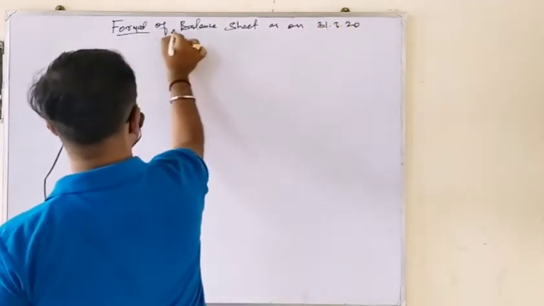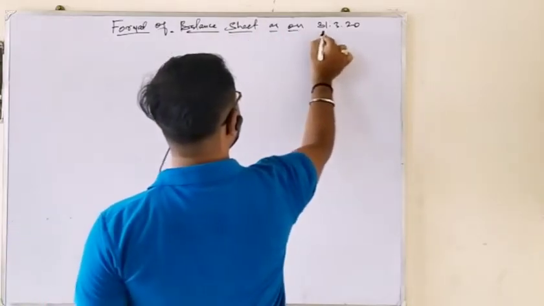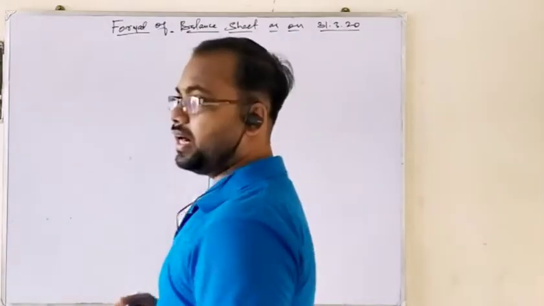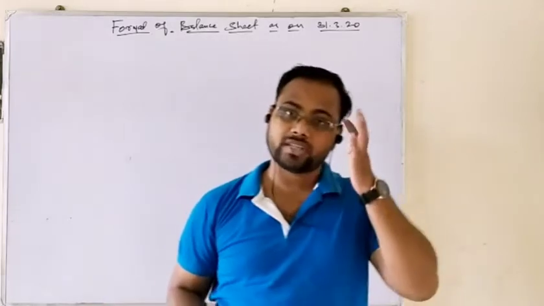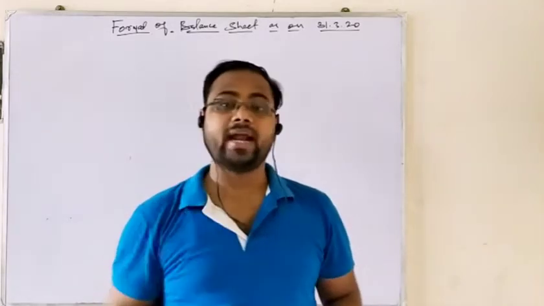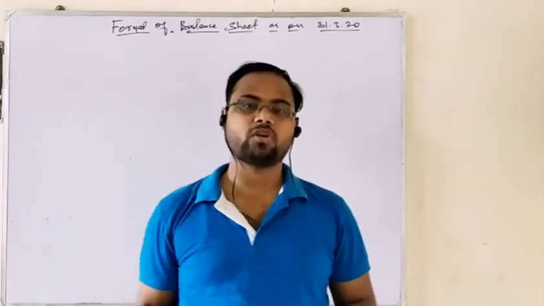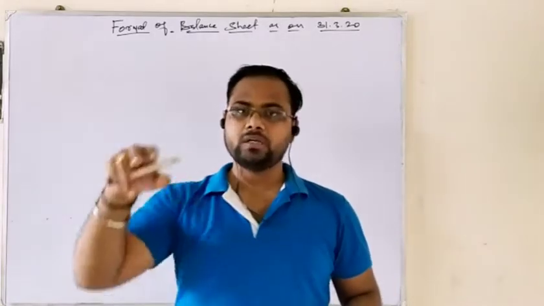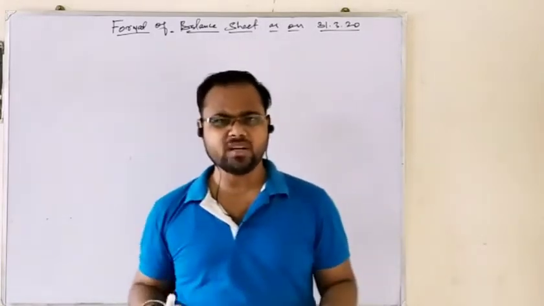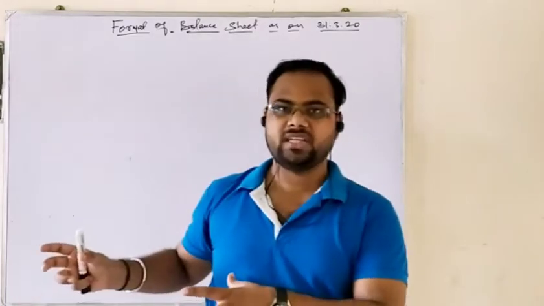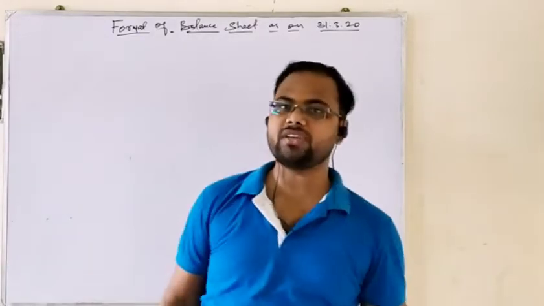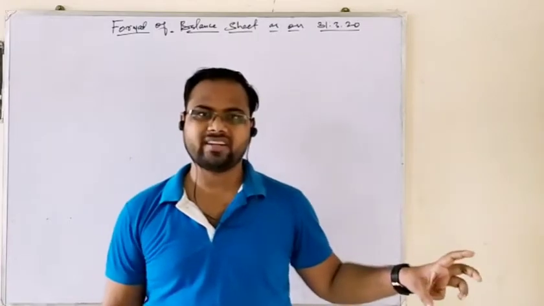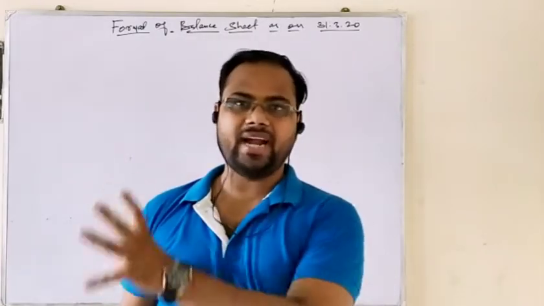You may get an objective question or MCQ regarding these two statements, because I told you that trading and profit and loss account can be merged and prepared at once, and this financial statement is also called the income statement, and the balance sheet is also called the position statement. So the question is, income statements are prepared dash. It is an objective question, either in fill in the blanks or MCQ. The answer is: prepared at the end.